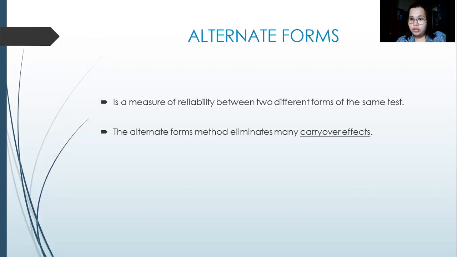Okay, ang main issue naman dito sa alternate forms is yung determining whether the two forms are actually equivalent. Kasi ang sinusukat natin dito is yung reliability. Kasi sabi dito, 2 different forms of the same test. Paano tayo makakasigurado na yung naiba mong anyo is parehas pa rin dun sa anyong nauna mo? So medyo magulo siya. Pero pwede rin siyang gamitin sa pagtetest ng reliability.